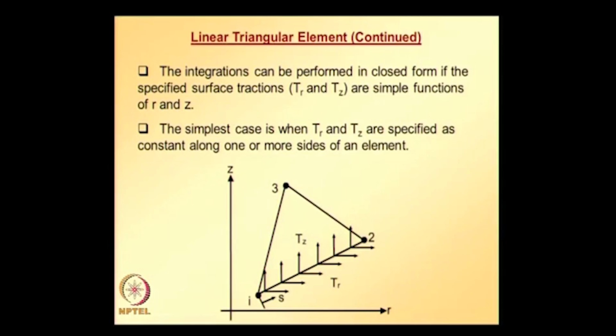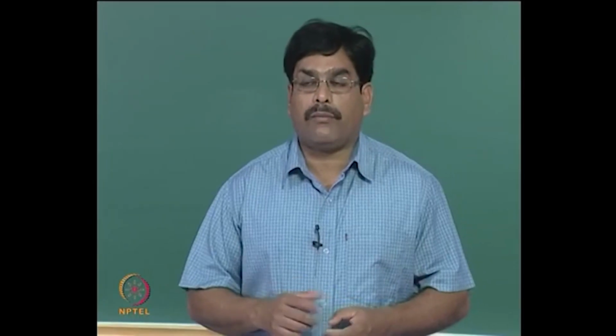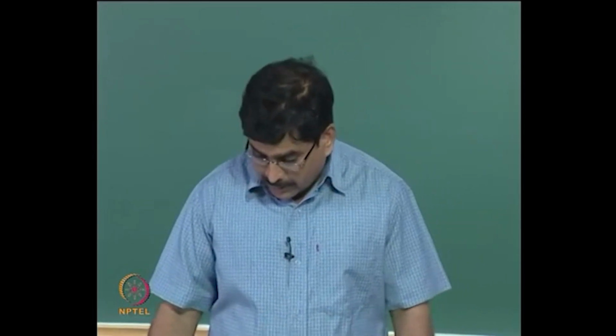Integrations can be performed easily by defining a local coordinate system as shown in the figure along side 1 2. To get the shape function matrix we need to know the shape functions N1, N2 and N3, and the shape functions N1, N2 can easily be written using the Lagrange interpolation formula